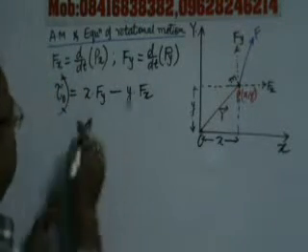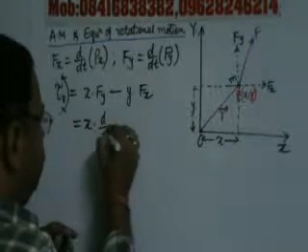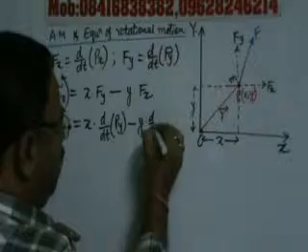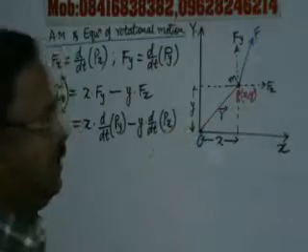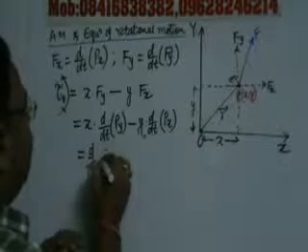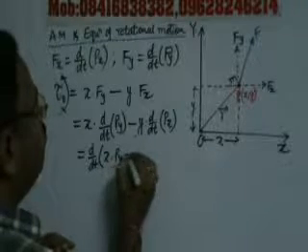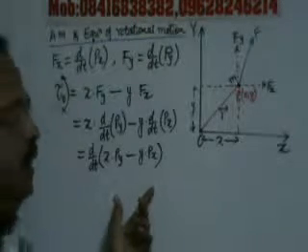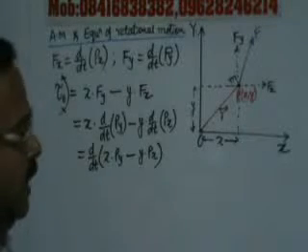So the net torque by this force about the origin is given as x into Fy minus y into Fx, right? Now Fy we can write as d by dt of py, and Fx can be written as d by dt of px. Taking d by dt outside, this will be equal to d by dt of x into py minus y into px, right?